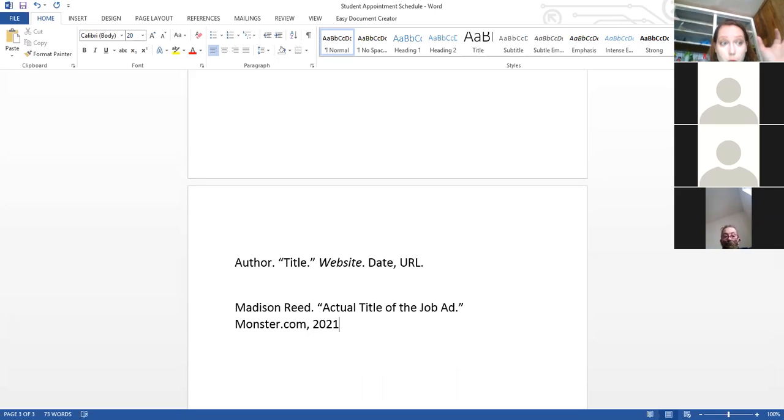sometimes the employer will post an exact date and time for when this was posted. You don't have to do the time, but the date, if you did see an exact date. If you didn't, just at least use the year. So we're going to look and see on that page if we can find, like, this was posted on February 12th or something like that. When was it posted? We'll see if we can find that. If we can't, at least give me the year. And then you would do the URL, okay? And I'll show you how to do that part as well.